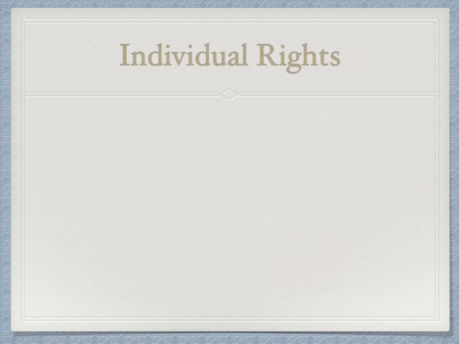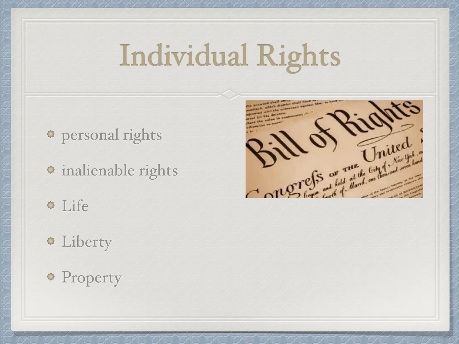The last but most important principle of government is individual rights. Our individual rights are our personal or inalienable rights. They are mentioned constantly throughout the Constitution. For example, the First Amendment, which is freedom of press, freedom of speech, freedom of religion, freedom of peaceful assembly, and freedom of redress of grievance. Or the Second Amendment, which gives you the right to bear arms. All of these things make up our lives.